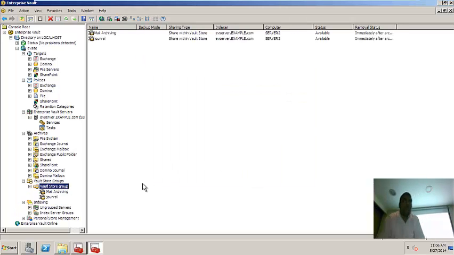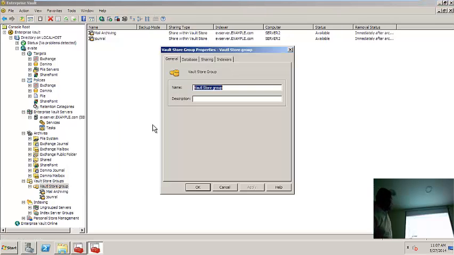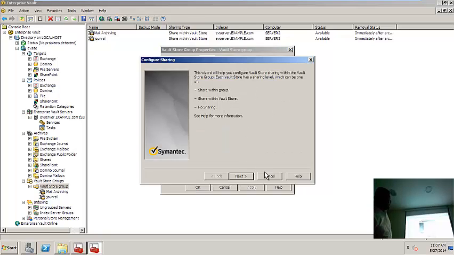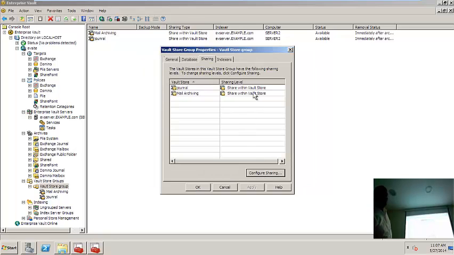Okay, see now. Now I have two vault stores: one is journal, one is mail archiving. Let's talk about the sharing. By default, both have share within vault store.